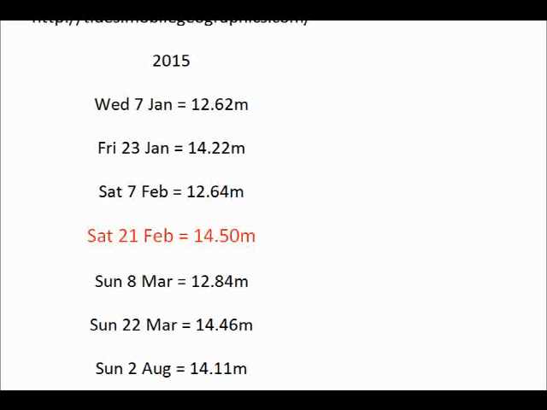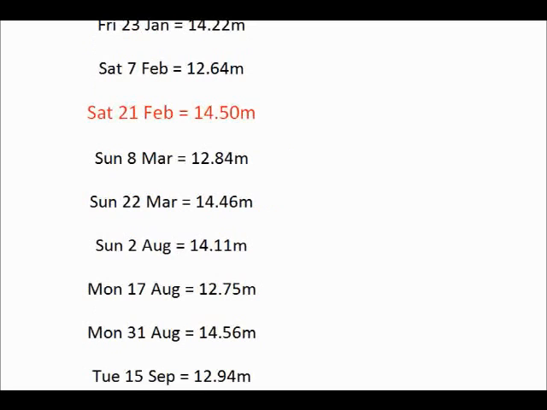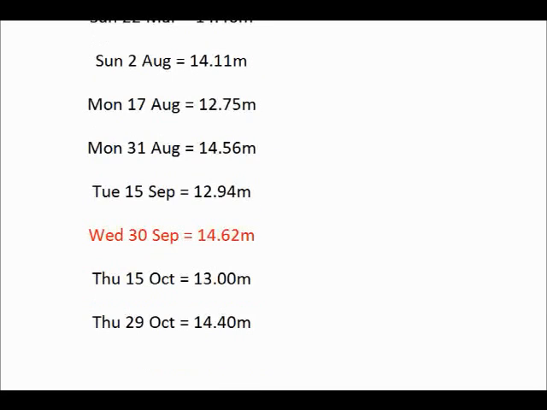So the high spring tide there, the highest shown on the 7th, that bit lower than we are now. And compare with what we're going to have on the 22nd of March, predicted as very similar to what we've got now, again near to 14.5 metres. As we go forward, just have a look down into August and September. End of August and as we go through into September, the predicted high astronomical spring tide will be at around 14.5 metres once again,